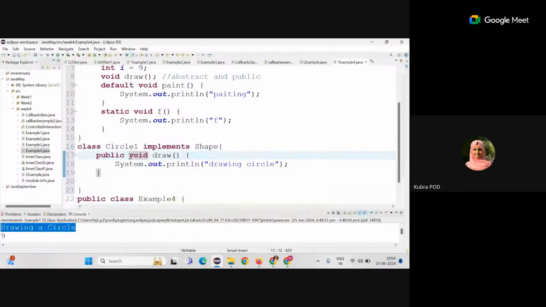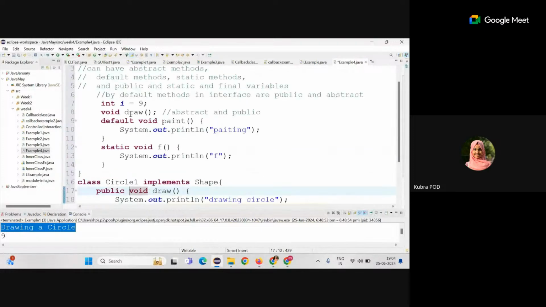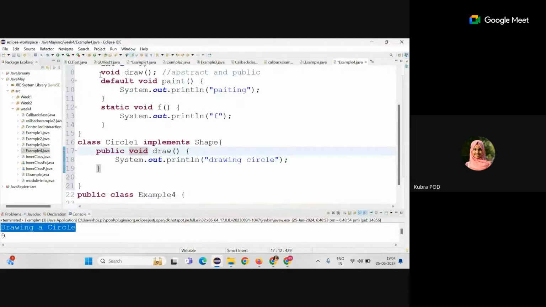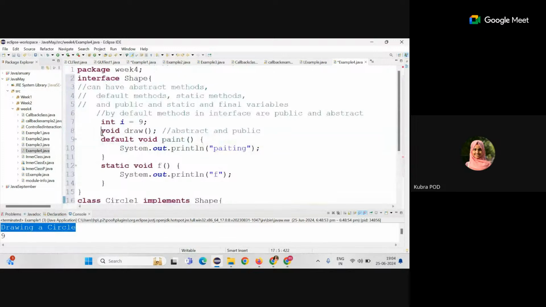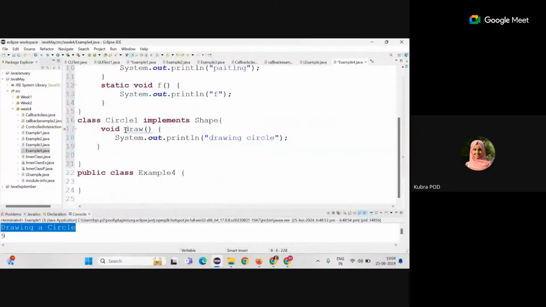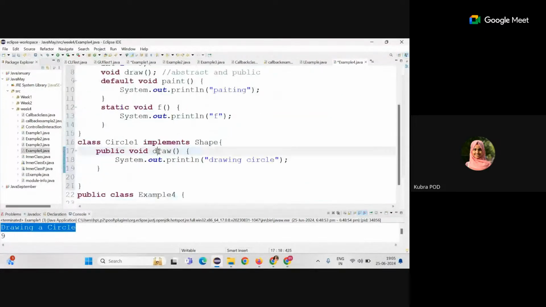So one more thing is we have to increase the visibility. Here this is public. We have to specify the access modifier, so that's why we got an error here. Why did we get the error there? Any idea? We can increase the visibility of draw, but we cannot decrease